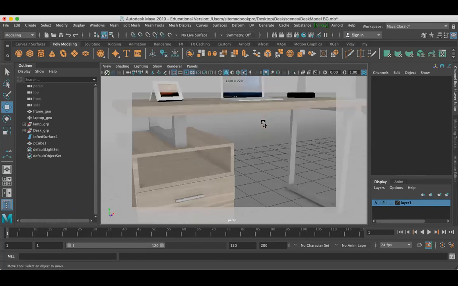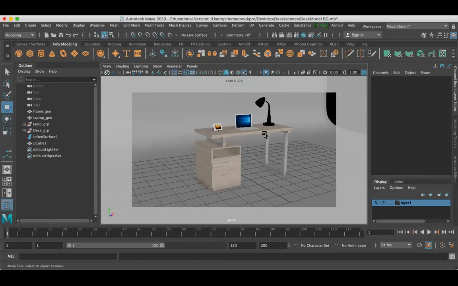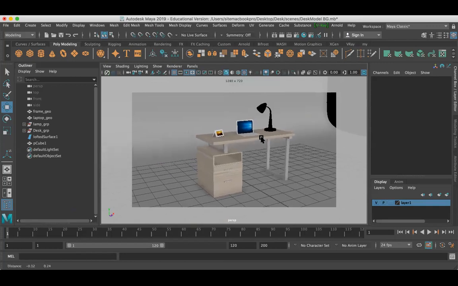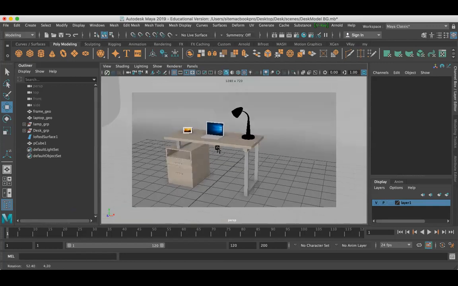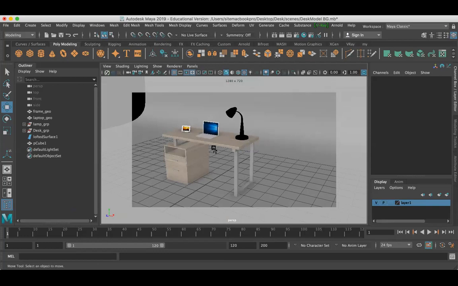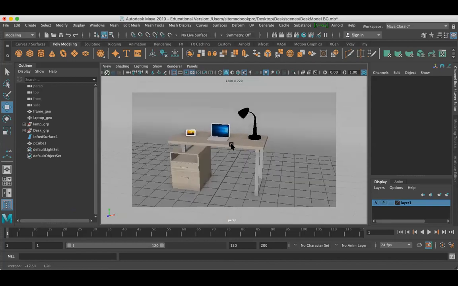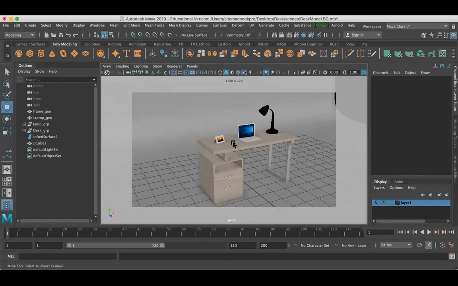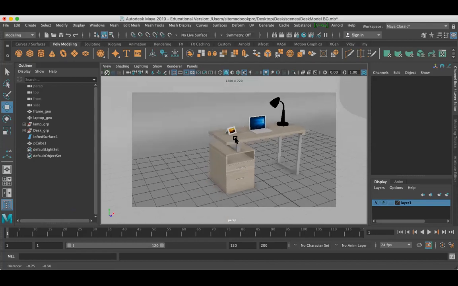So I'm going to zoom out and position it. You can rotate your view by holding the Control key, or Command key on Mac, and left click drag. If you want to pan, hold the Control key and the middle mouse button and you can pan.